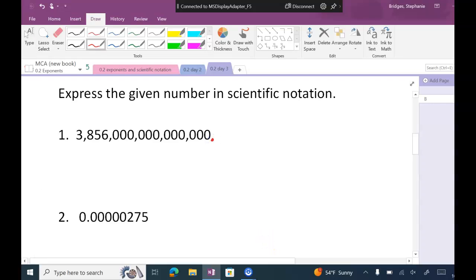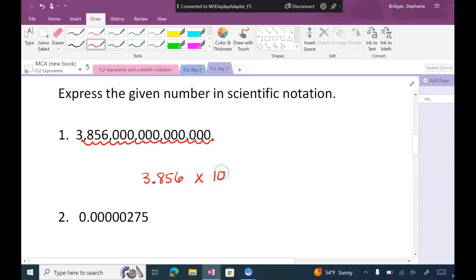So I'm going to count, and you don't count where you start. You don't count until you move one. So I'm going to go 1, 2, 3, 4, 5, 6, 7, 8, 9, 10, 11, 12, 13, 14. I have to move it 15 times, right? Got to move it behind the 3. So what that does is that turns my number into 3.856